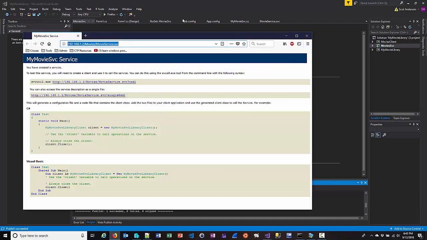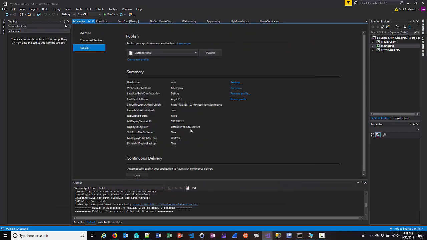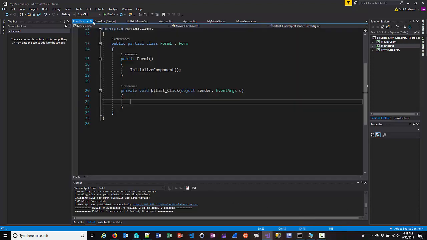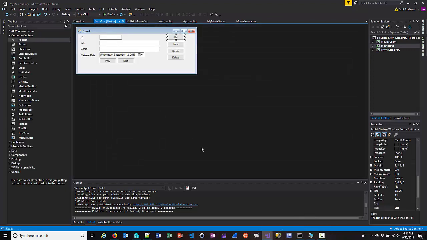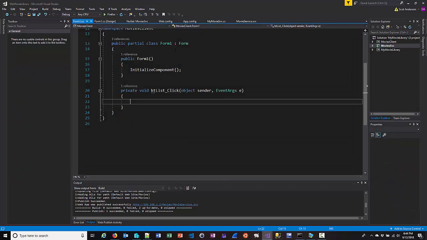Now I am going to do a slightly different test client, so let me go back over here and show you actually what I'm doing here, so I don't need that anymore. I have a form over here, and instead of making a whole bunch of stuff, I'm just making a next and a previous, list, new, update. So this should be read, and I should do new as create, read, and update, but delete, but that's all right. And I've got all of these things in here,